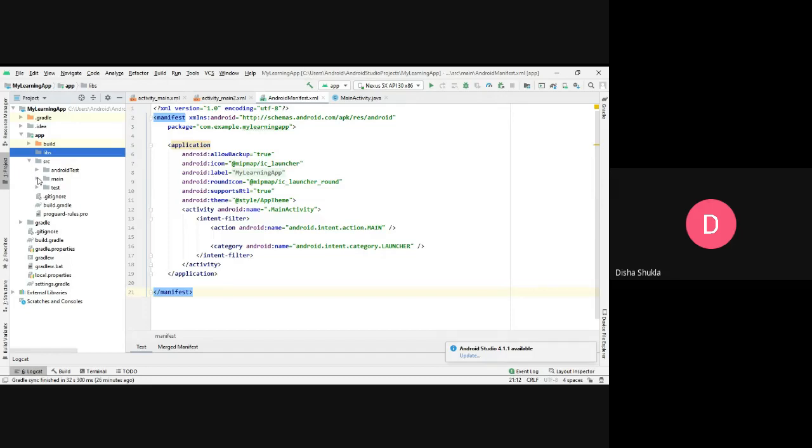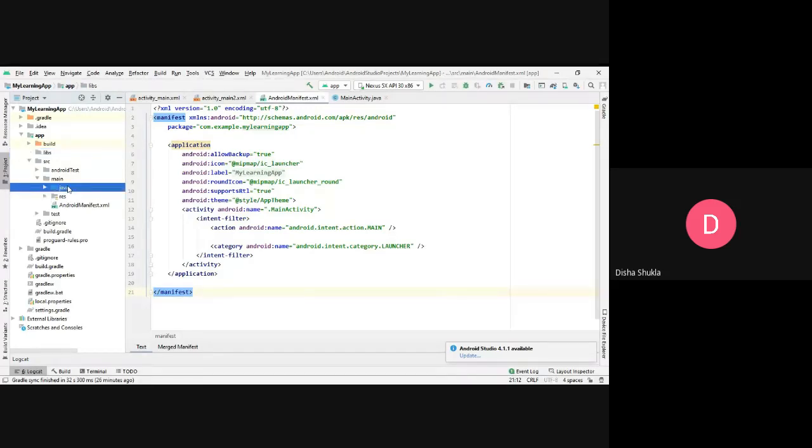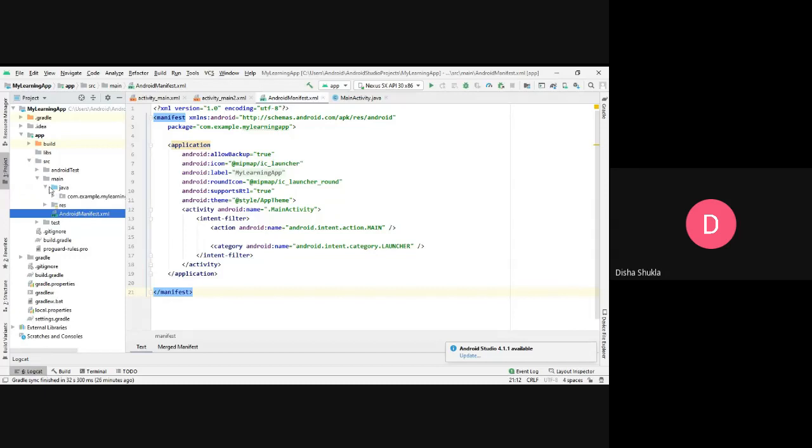So we are concerned with the main folder. Again, the main folder is divided into three parts, that is your Java folder, your resource folder, and your Android manifest.xml. Now your Java folder is something wherein you put your development files, and the resource folder is something wherein you put your images and your designing portions, the .xml files. And finally, the last thing that we have is the manifest file.